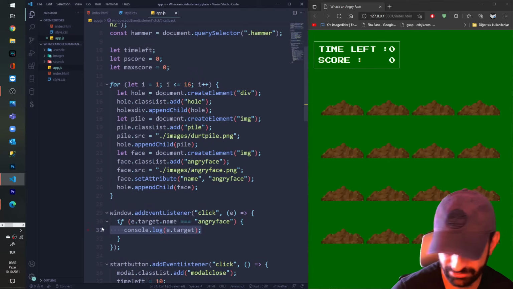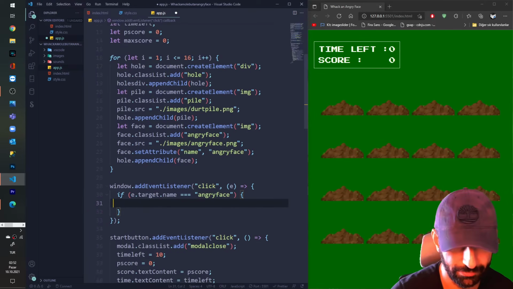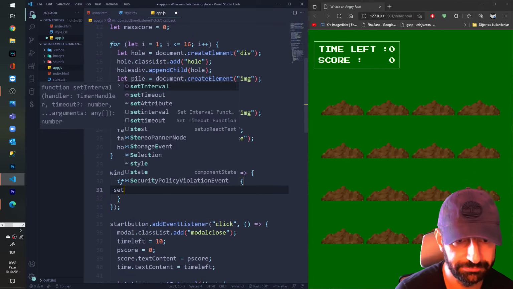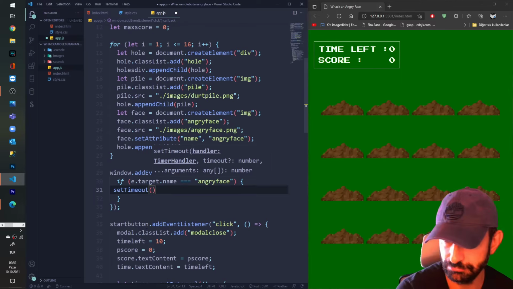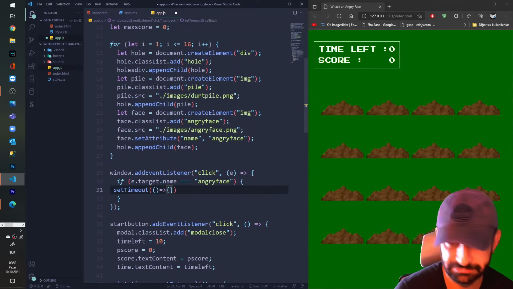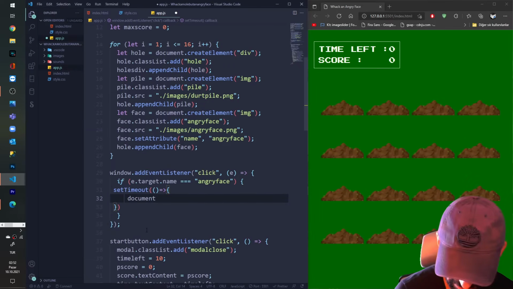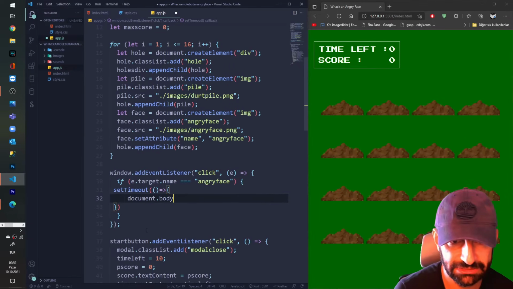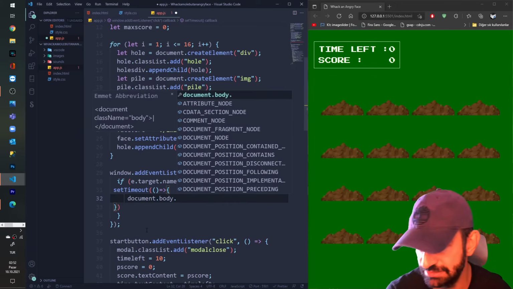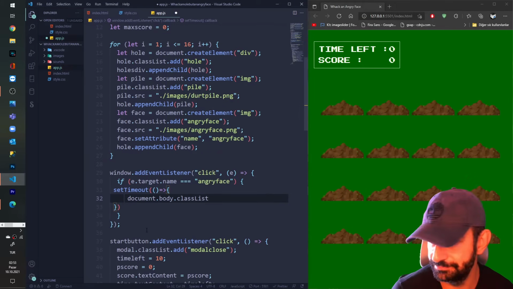I'm raising the console log, and we say here, if I hit his anchor face, say set timeout, do an arrow function, and say document dot body, put this flash effect that I showed you in the beginning of my tutorial.